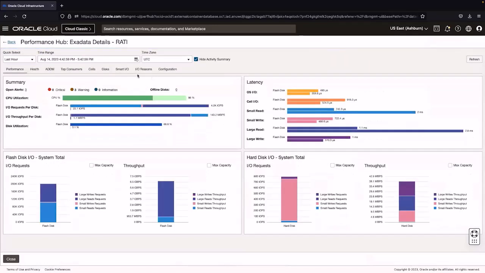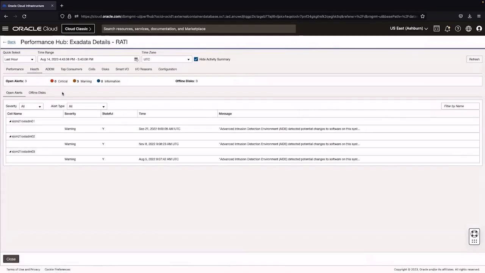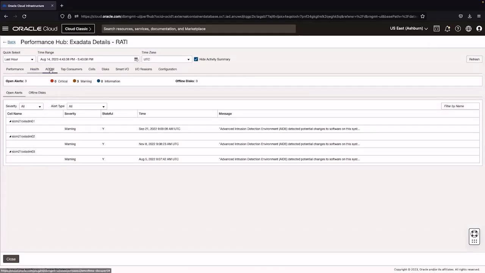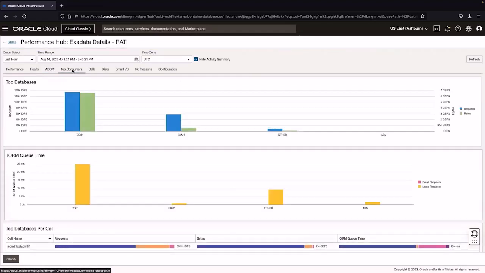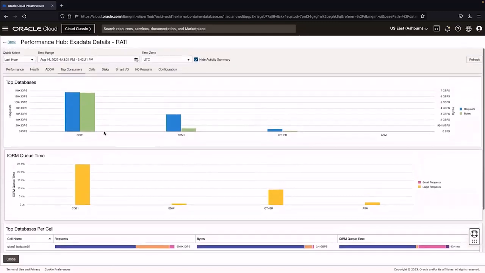So you can go into the health of your storage servers, see any open alerts or disks that might be offline for specific storage servers. You can run or you can view ADDM reports pertaining to the Exadata system. This is a very valuable tool here to see your top consumers of your I/O for your storage servers on your Exadata system. So you can quickly see that the CDB database is really the top database consuming the most I/O. So then you can drill down into that database and view additional